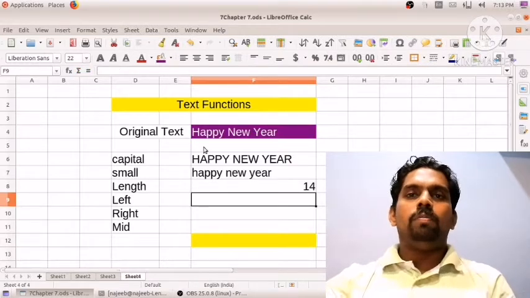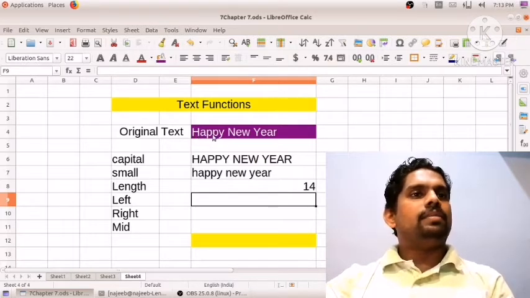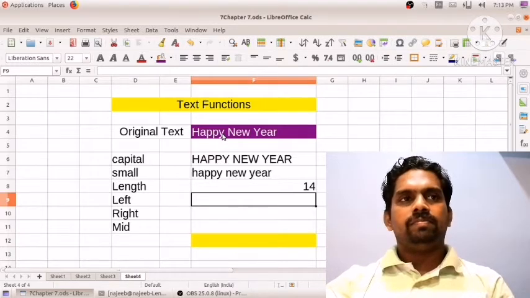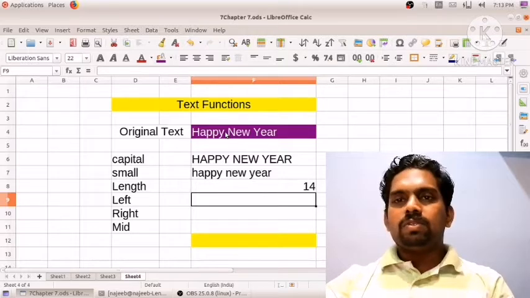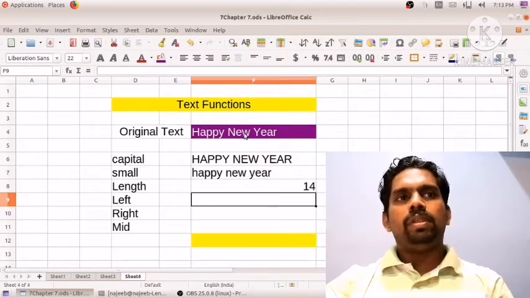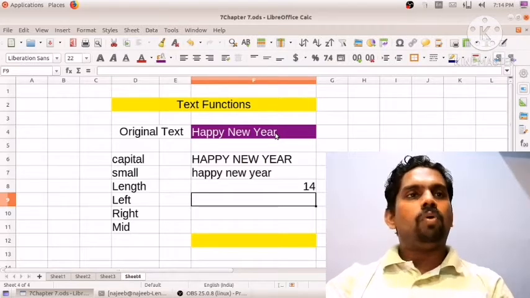So we can calculate how many letters. Okay, so you see Happy, 5 letters, then one space is there, so 6, N 7, E 8, W 9, then a space is there, 10, Y 11, E 12, A 13, R 14.